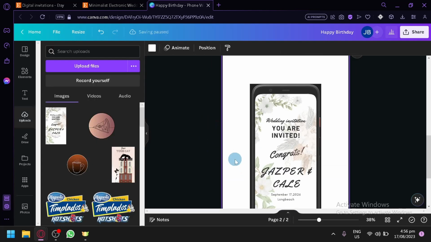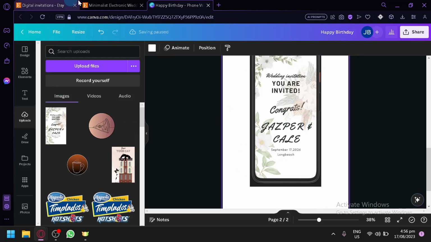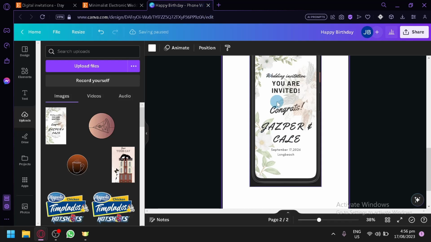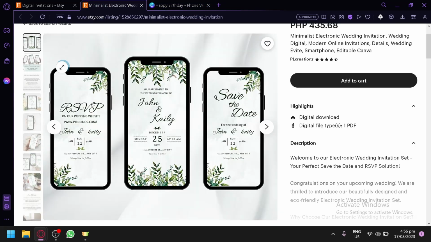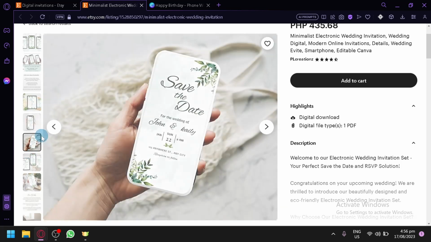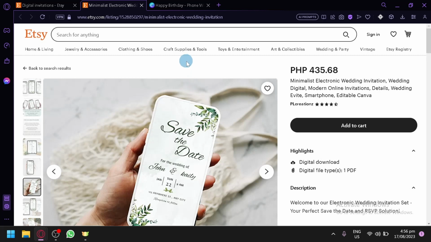There we go. Now we have a digital invitation with a mobile phone as its border, similarly with this over here. And now what you're simply going to do is you're going to build your different preview images like over here, the different preview images over here. Simply do the same thing and upload it when you're creating your product in Etsy. And through that, you are now able to create and sell your own